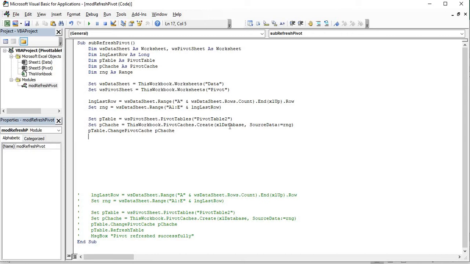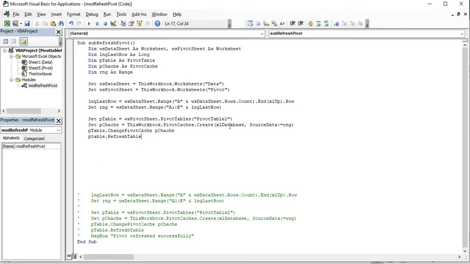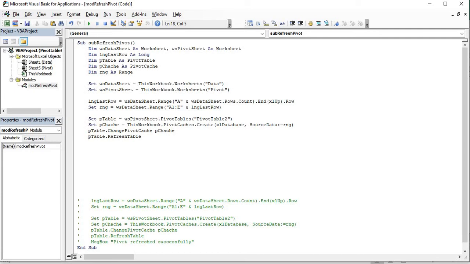Now we need to refresh the pivot table. For this I am just using PivotTable dot RefreshTable. That's it. Now our process is completed.